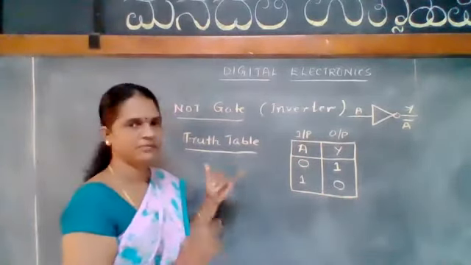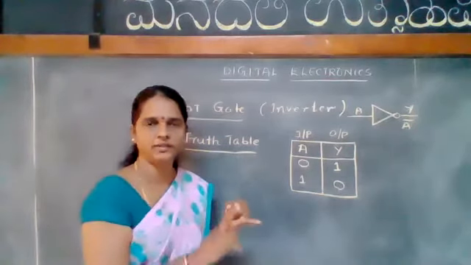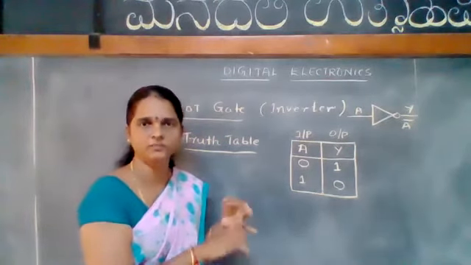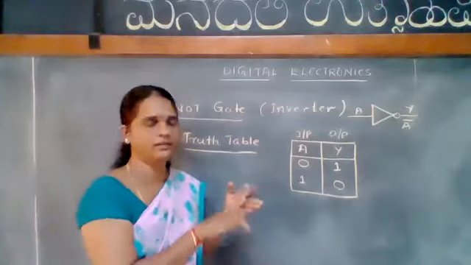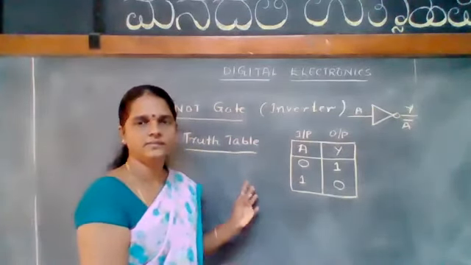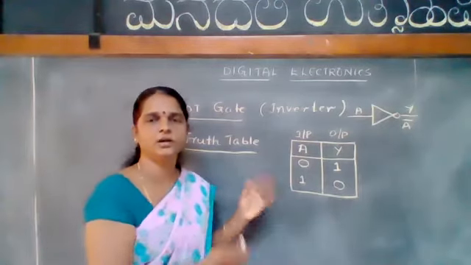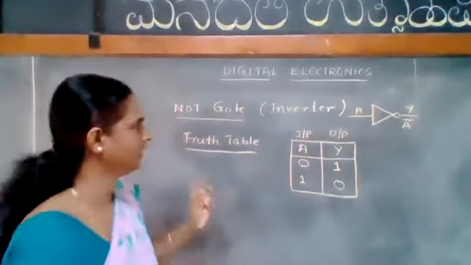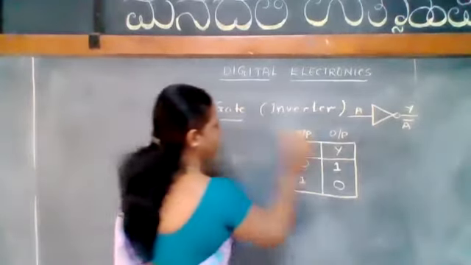So we have seen the definition for the NOT gate, the Boolean expression, the symbol of the NOT gate and the truth table for the NOT gate. Now, let us see, considering one circuit, how this works. The working of the NOT gate. Let us consider